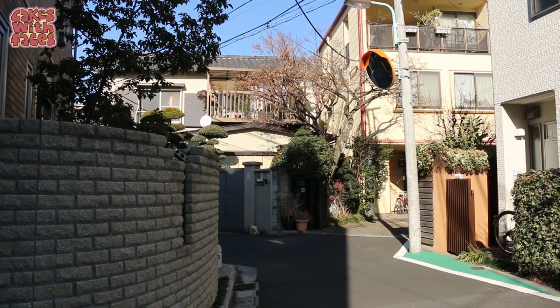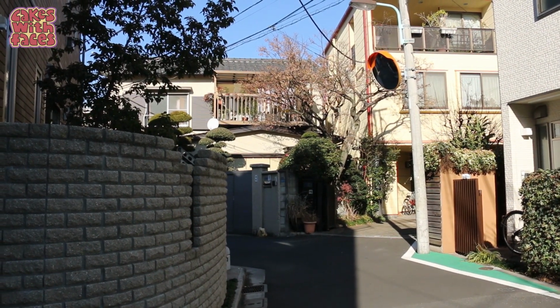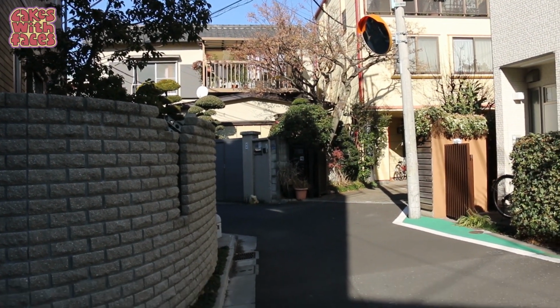So I'm not just going to go and walk into someone's house or anything, but it's really cool to walk around the corner and not know what's going to be there. As we were saying, this is right behind me just now. It's so pretty. And then this way,